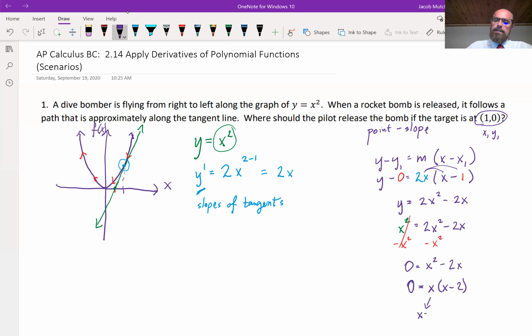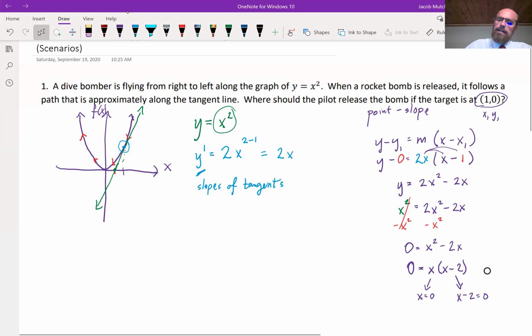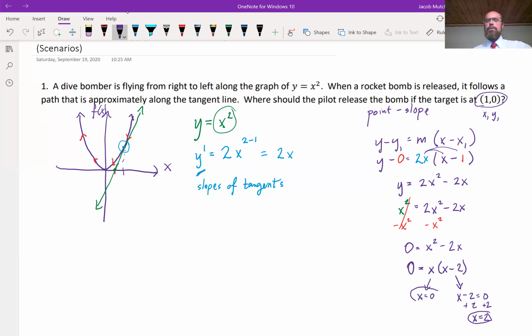Could be that x itself is 0. It could also be that x is, if I set x minus 2 equal to 0, add 2 to both sides, x equals 2. Now let's consider both of those potential solutions. So